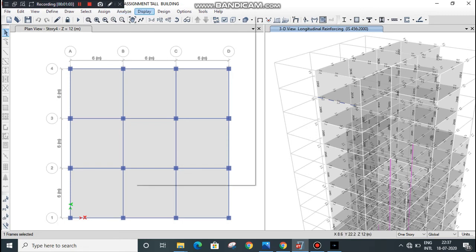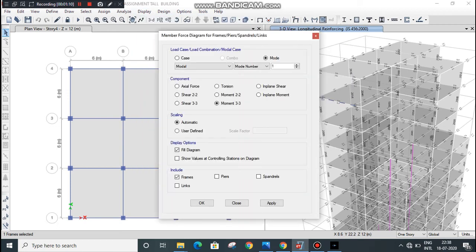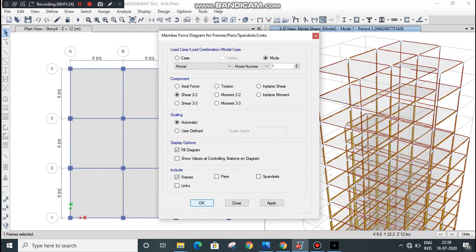Go to display menu and go to force stress diagram, go to frame piers, etc. We can see the shear force about 2 axis. Click on shear, click on apply and OK.